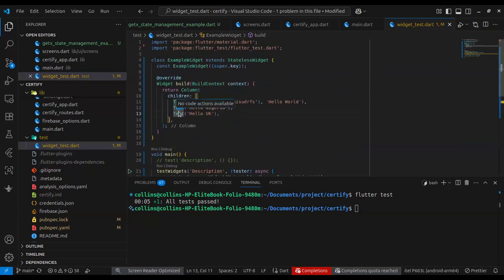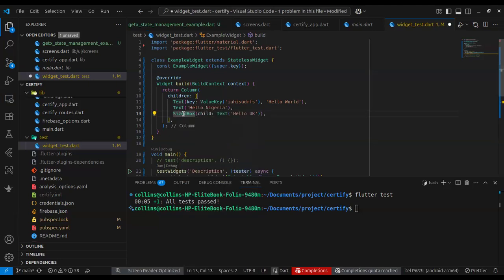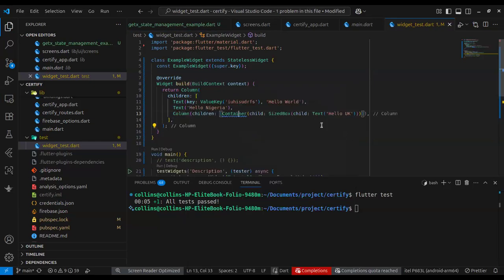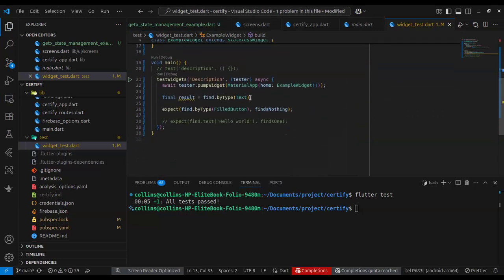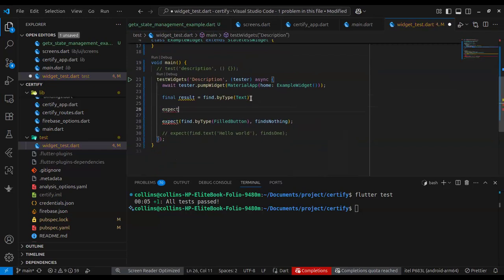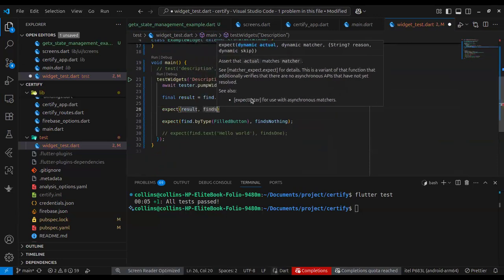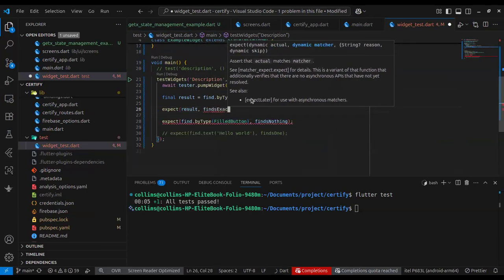If you like, you can nest them however you want. Let's nest this one now. Let's wrap this one inside a SizedBox, and wrap the SizedBox inside a Container, and wrap the Container inside the Column. So you can see this one is nested now, right? But we want to make sure that it finds exactly 3, because we know that all things being equal, there should be 3 text widgets inside our whole widget tree. findsNWidgets. Now, if we run this test,